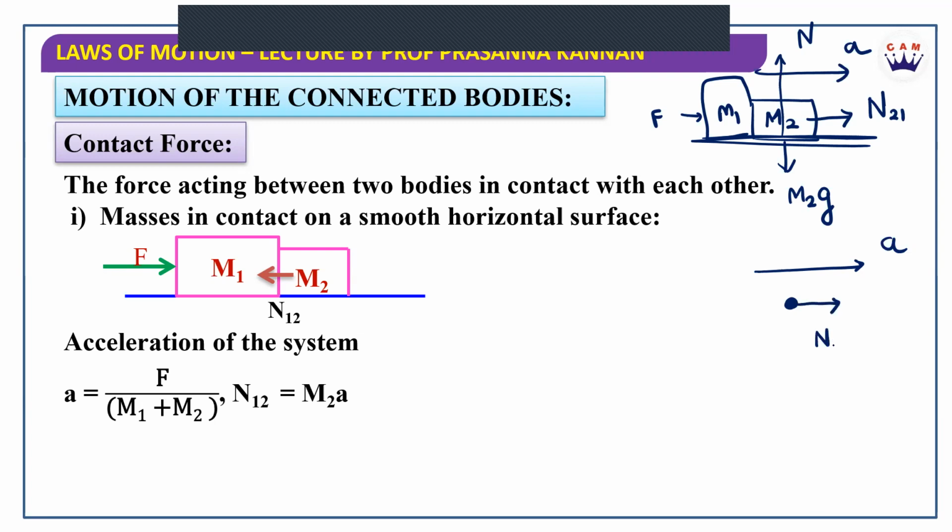I can either call it N21 or N12, doesn't matter. What is the mass of this object, ma'am? M2, right? So what is Newton's law? What is Newton's equation? Net force is equal to ma, mass into acceleration. So net force is equal to mass m2, acceleration is a, and what is the net force here? There is only one force. What is it? What is the force? Yes, N12. So N12 will be equal to